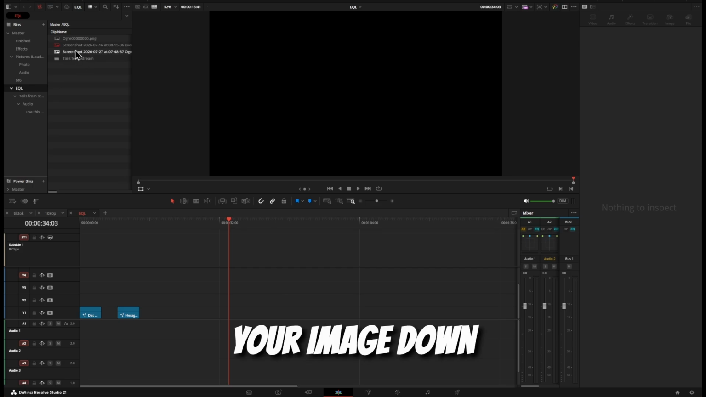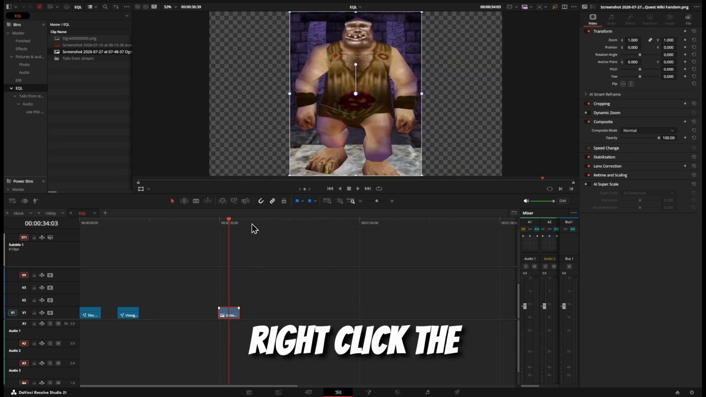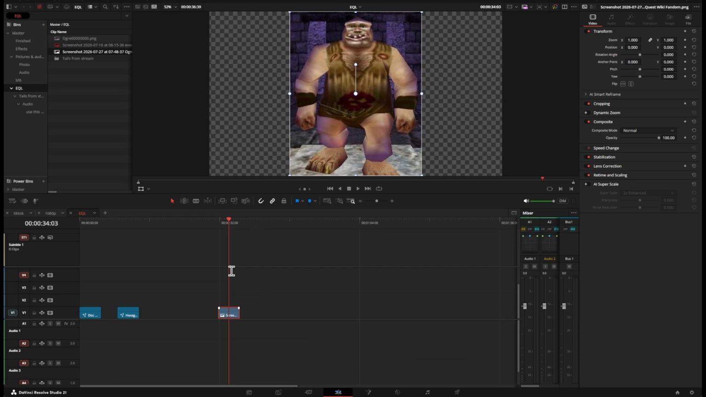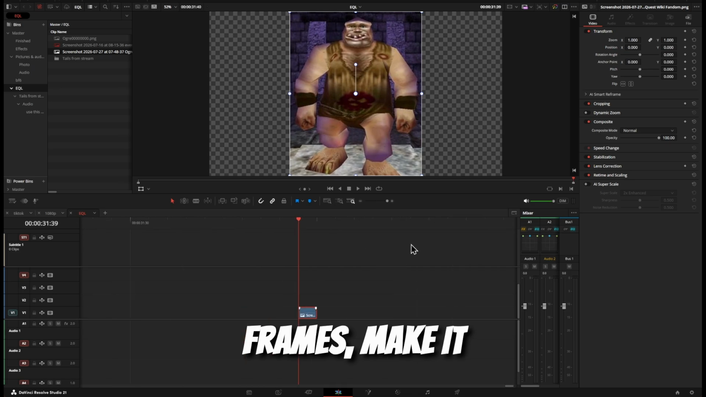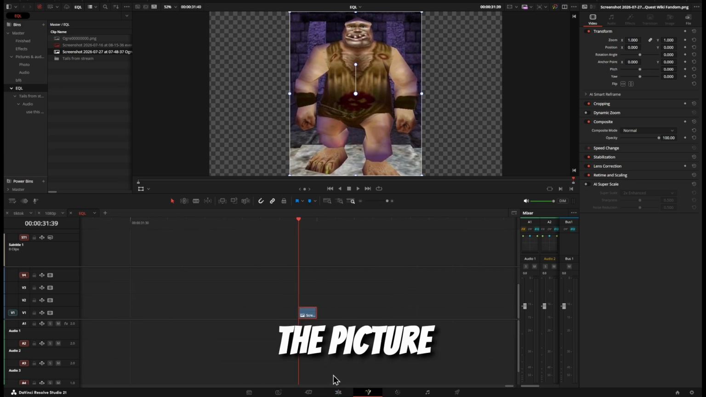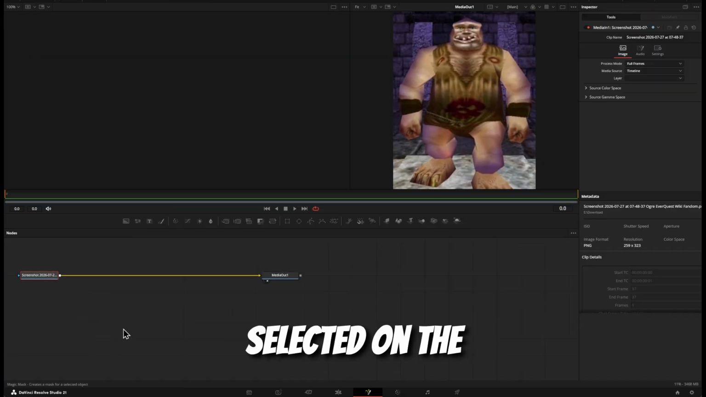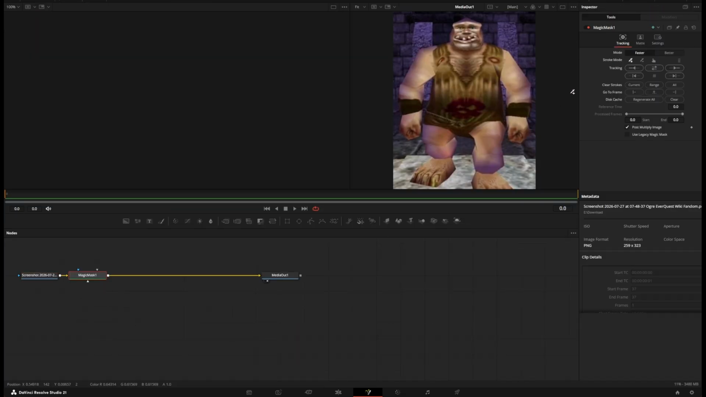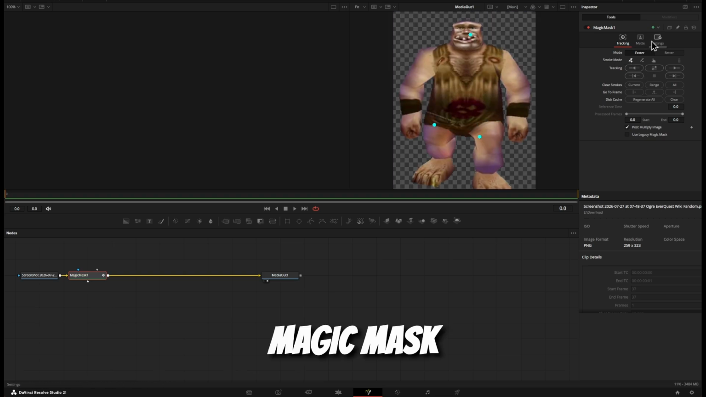All right, so get your image down, put it on the timeline, right click the image, go to duration, click on frames, make it 1, zoom in to the timeline, make sure you have the picture selected, go to the Fusion page, make sure you have that selected on the left side, shift space, type in magic mask,